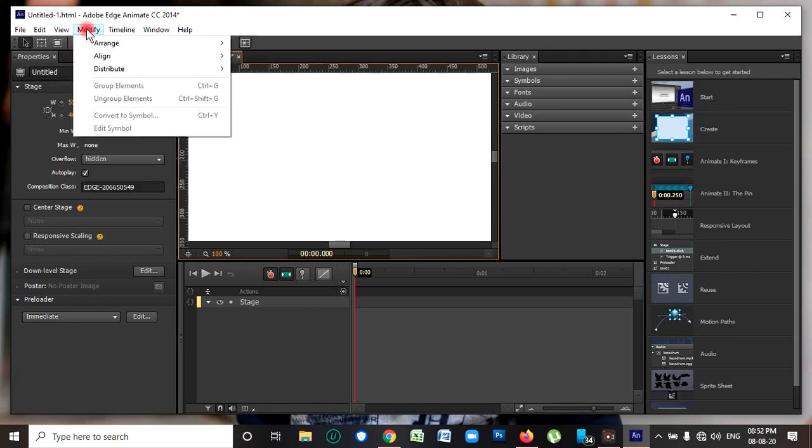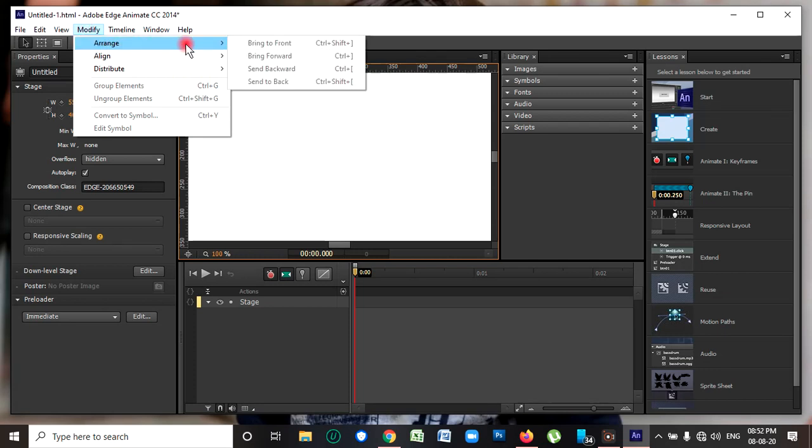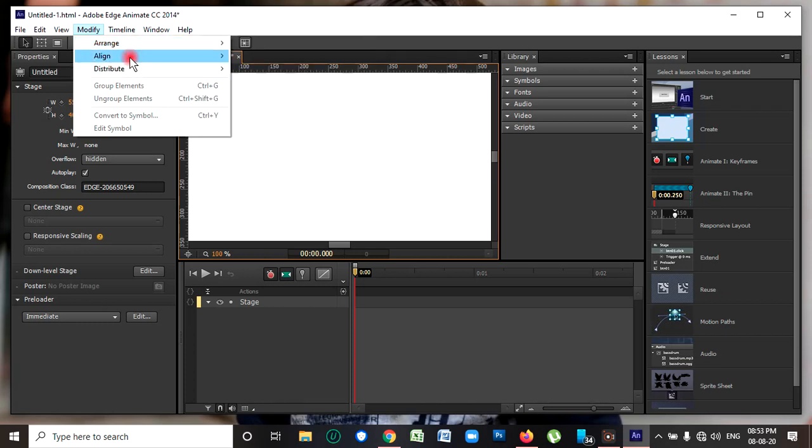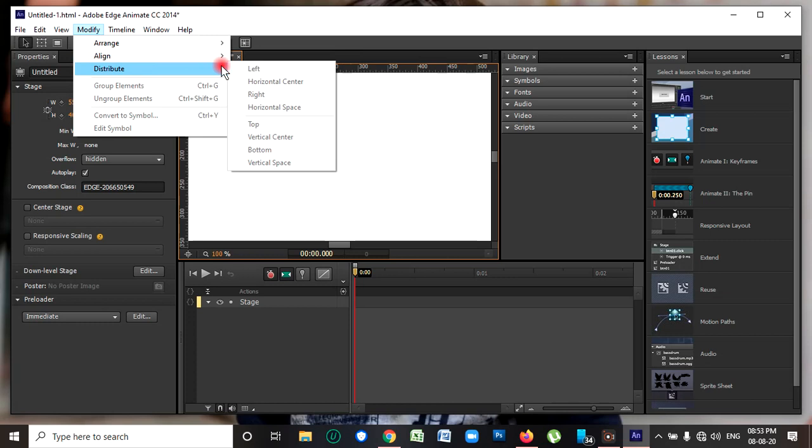Next is Modify. In the Modify option we can arrange the text within any type of box. For example, if you create a rectangular box and write text inside it, and that text is hidden behind the rectangular box, then we can bring it forward with the help of Arrange, Align, Distribute and these options.